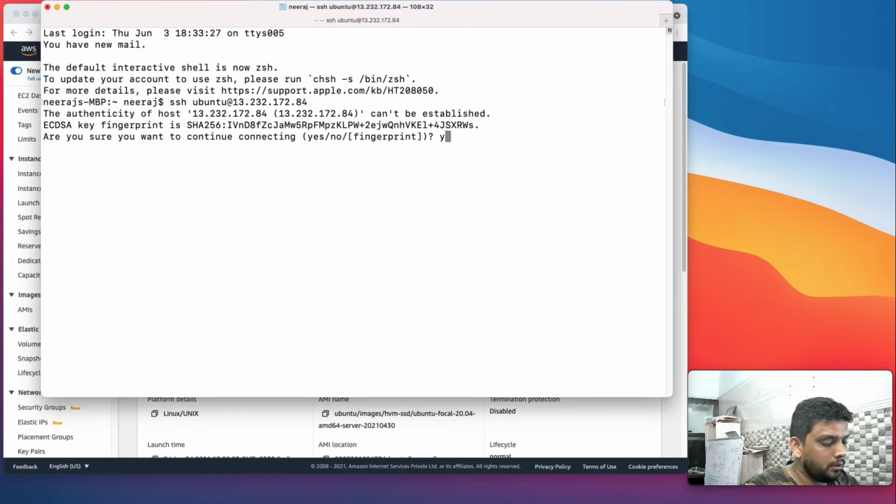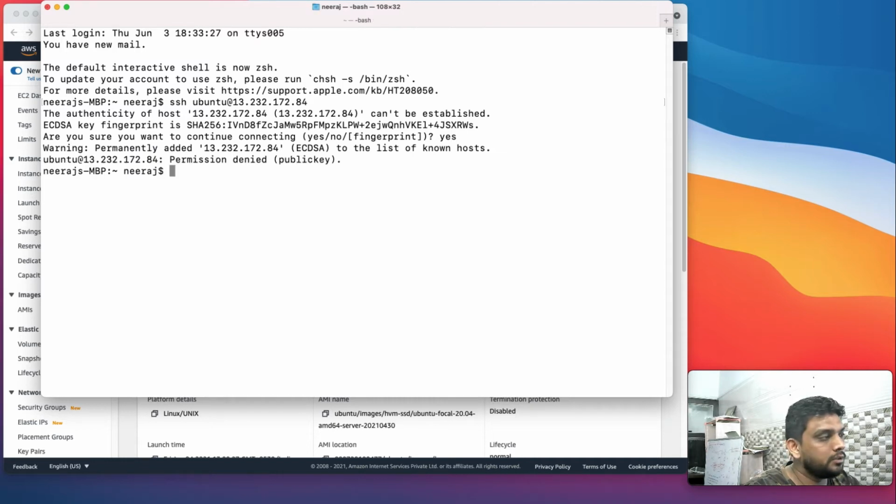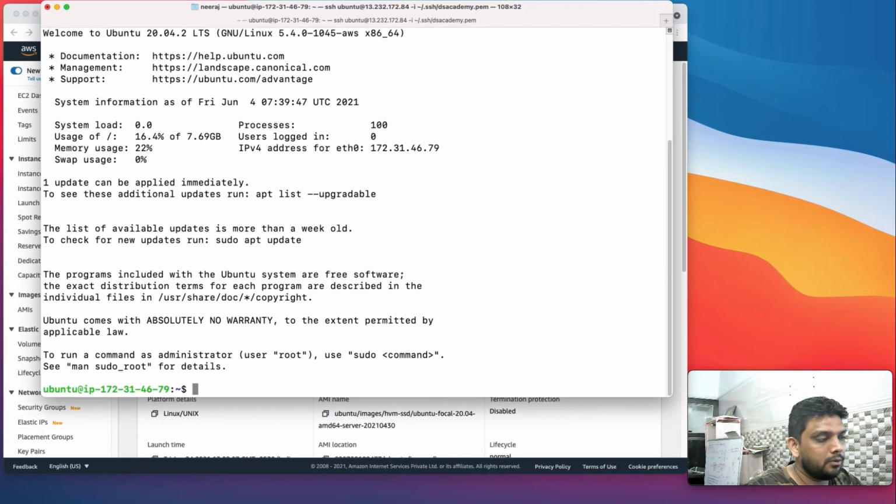If it is open, it might allow us to go inside, but of course our server is secured, so we need either a password or a PEM file. So we have to provide the path for the PEM file. We can provide it like this, -i, and then the path of my PEM file. You may pass wherever you saved your PEM files, and now I have logged into the server.